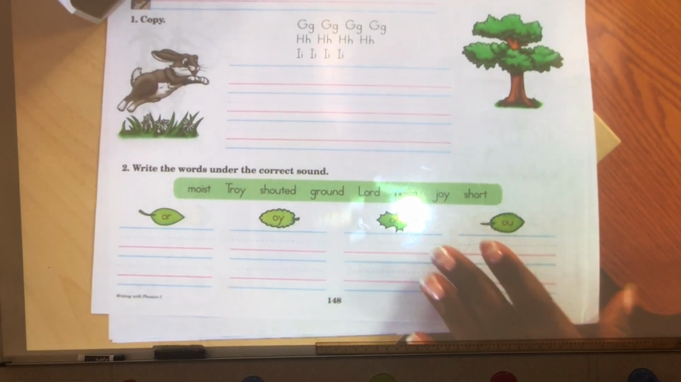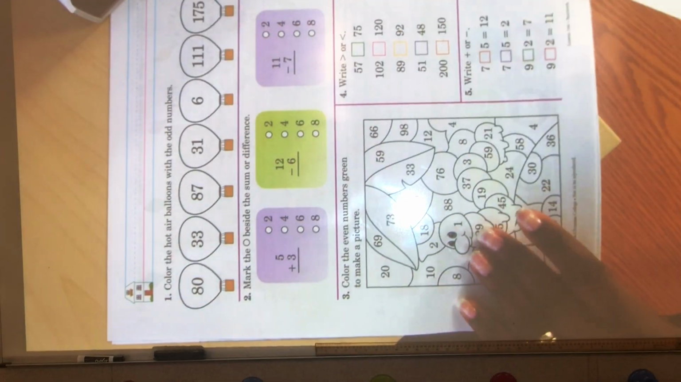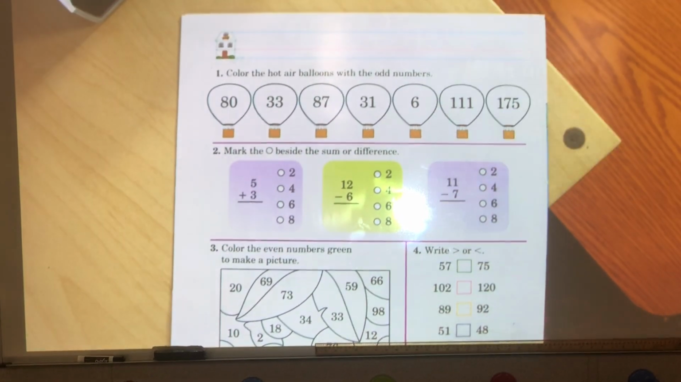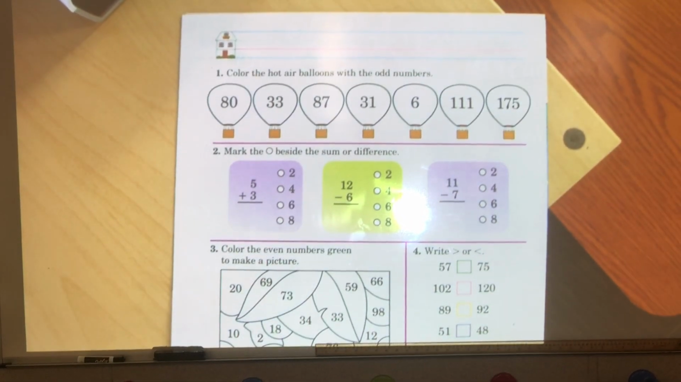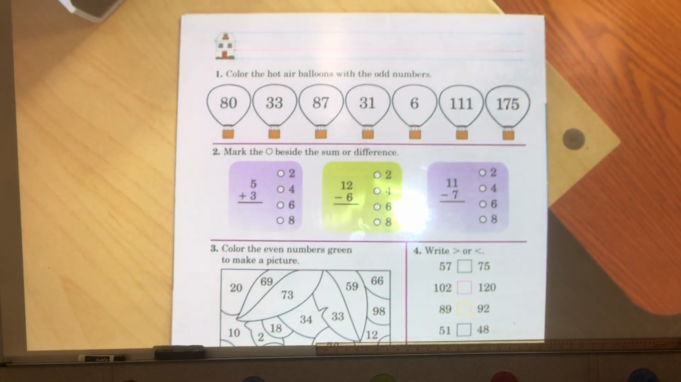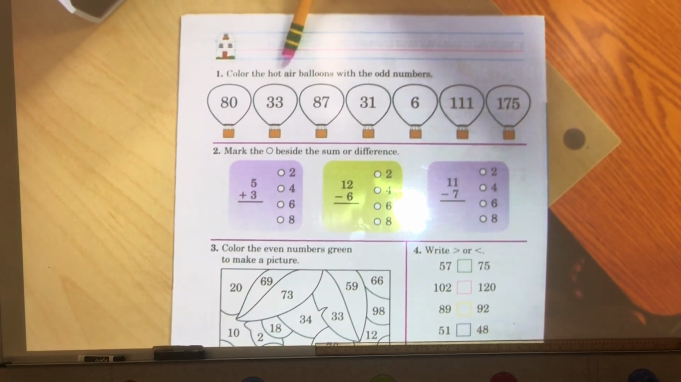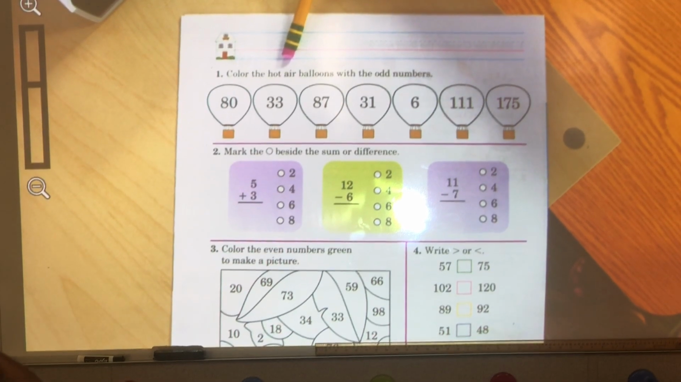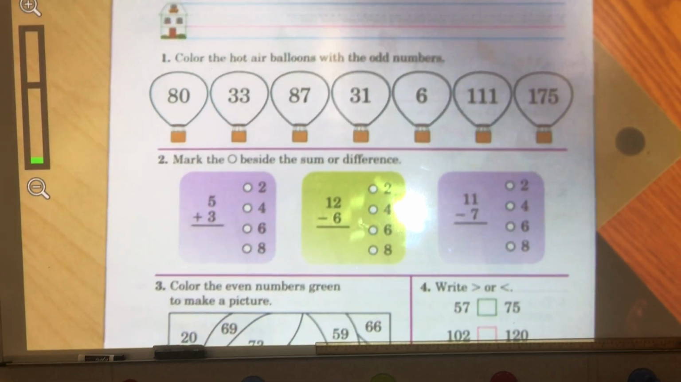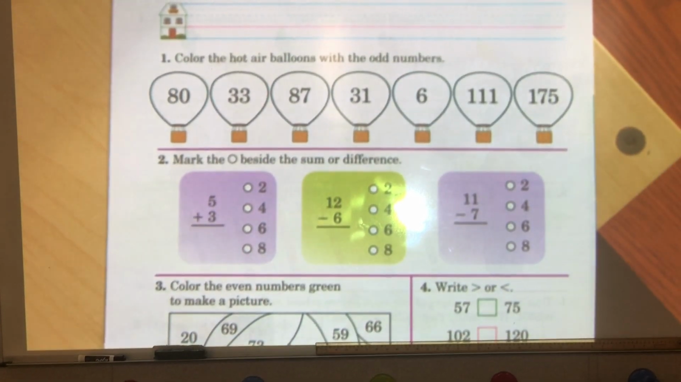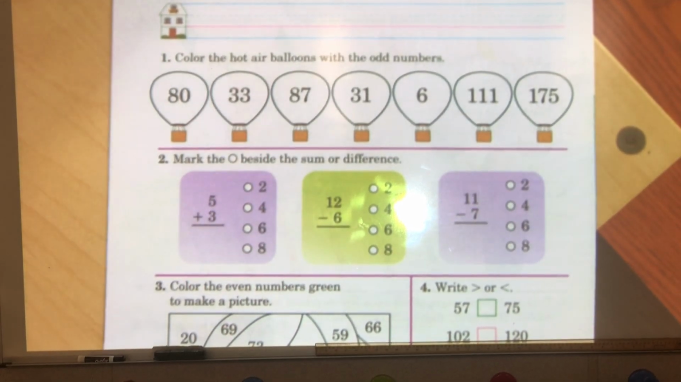Let's take a look at our math paper. Once again, please make sure you have your name on your math paper. Take a look at section 1. Color the hot air balloons with the odd numbers. Remember, boys and girls, odd numbers end with the digit in the ones place with